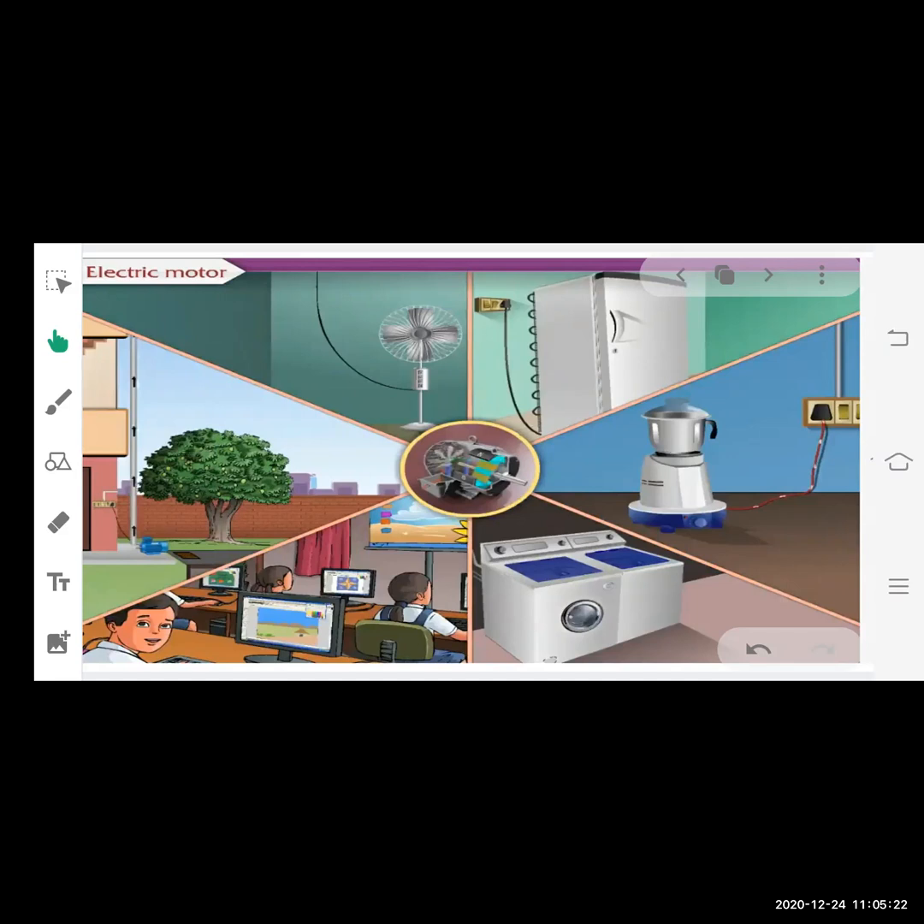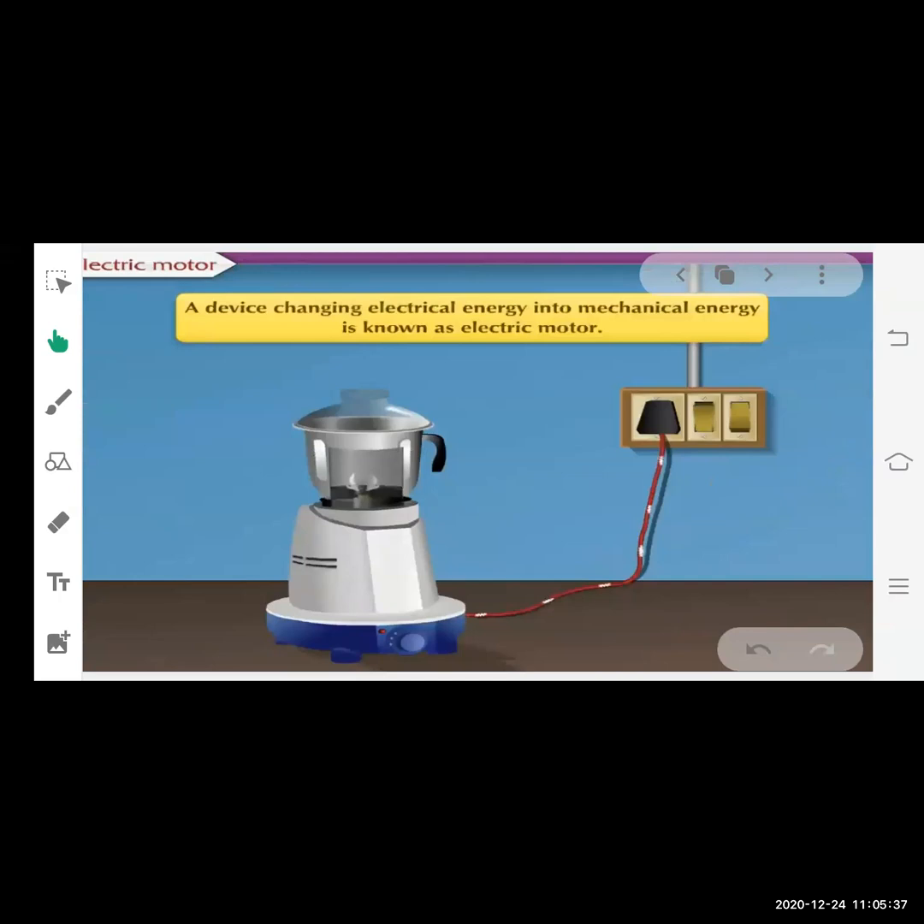So rotational kinetic energy is a form of mechanical energy. You have already studied kinetic energy and potential energy in previous standards. These two forms of energy are forms of mechanical energy. Okay. So as you can see here, in the electric mixer,